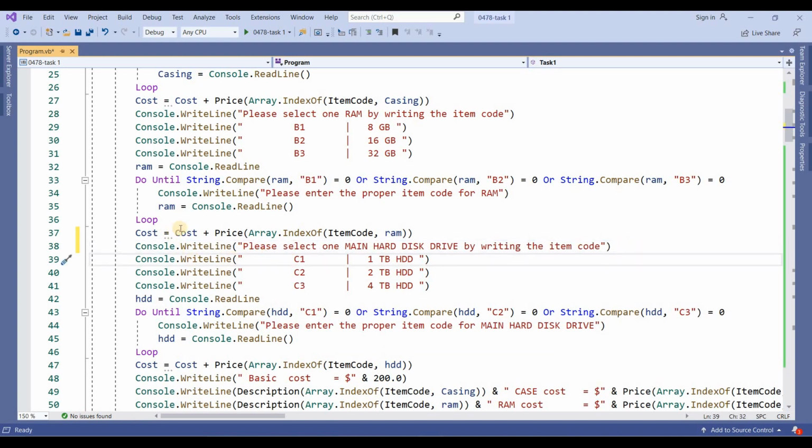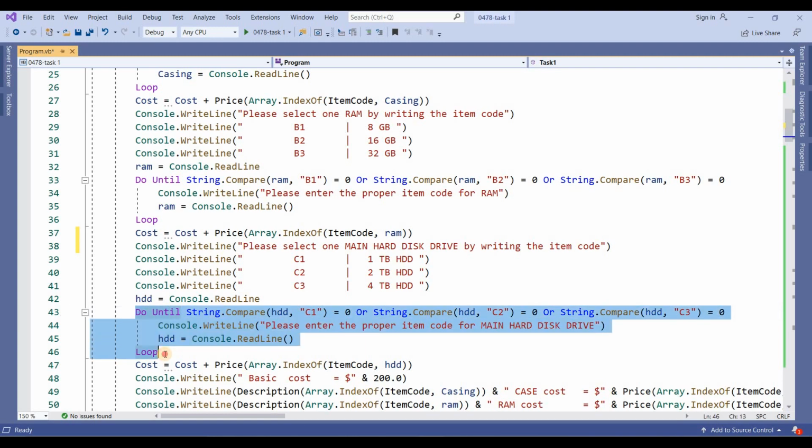Next one, it will store the cost, and here I have used the same logic. Lines 38 to 41 are the messages. This line is used to store the input into the HDD, and HDD should be maybe C1, C2, or C3. If you enter other values, it will not accept.